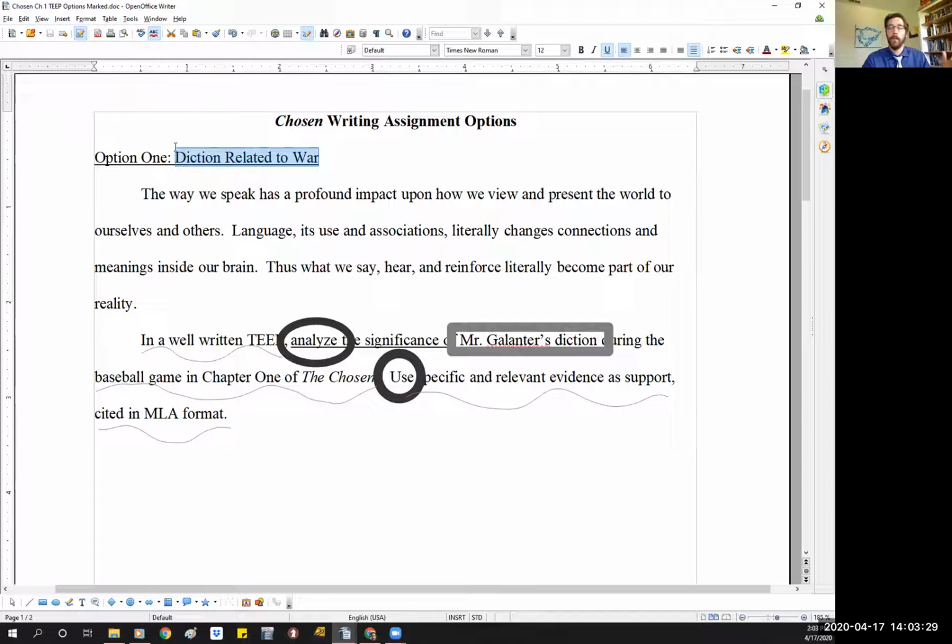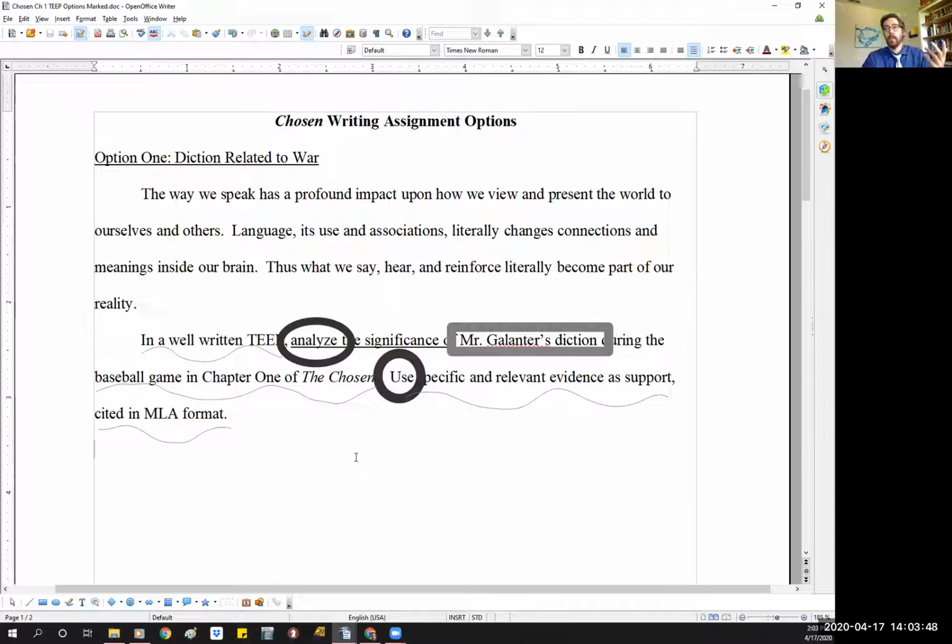You don't have to go and try to find something new when your prompt already tells you what to look for. It gives you that big hint, especially for timed writing situations. That's going to be something you want to take advantage of. If the prompt gives you a hint or gives you a pointer, take advantage of it. That way you don't have to do all that on your own. You're going to have enough to do on your own as it is, especially in a timed situation.